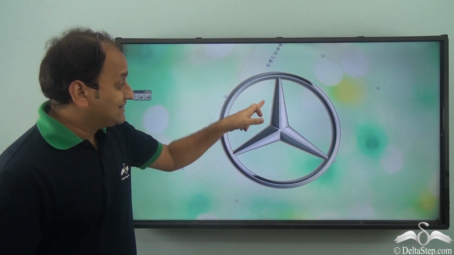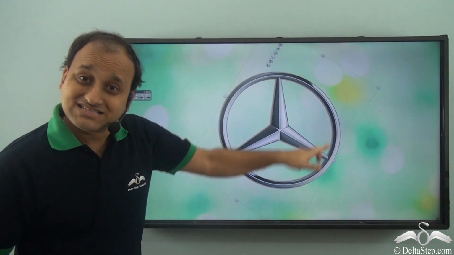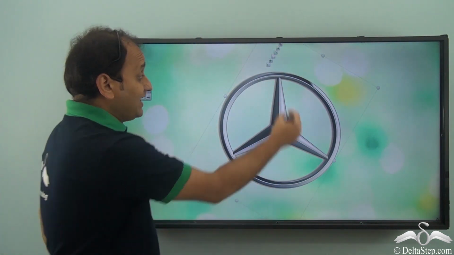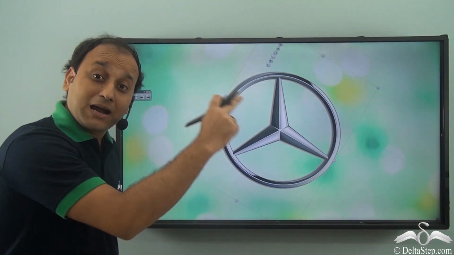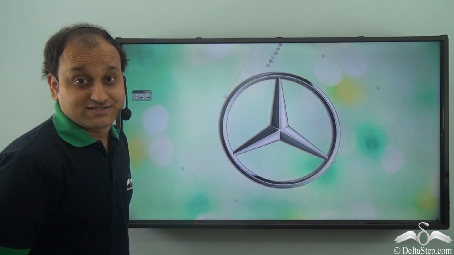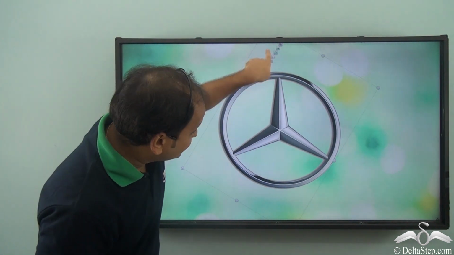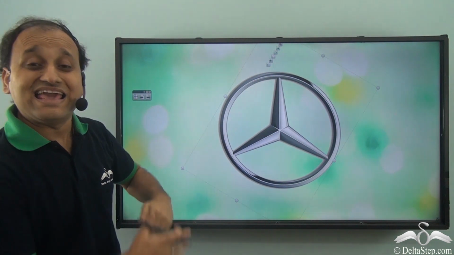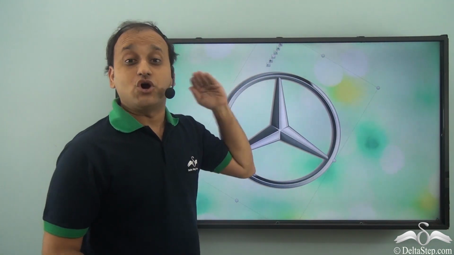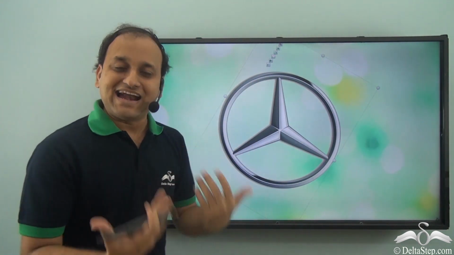So what did I do? Did I complete one circle? I did not. I just rotated it for some angle, not a complete 360 degrees, and still I get the object in a position where it looks exactly like its first or initial position, and that is what we call rotational symmetry.